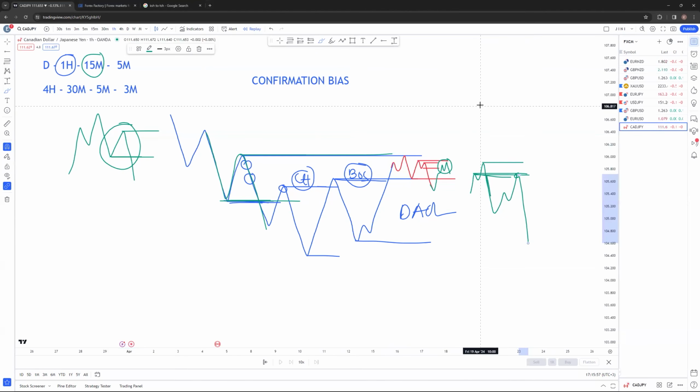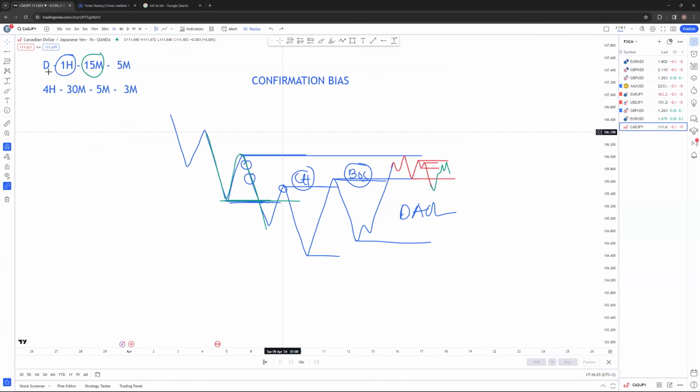But that was the first type of confirmation bias. Yeah, that was the first type of confirmation bias, but also we have two confirmation biases. The first one is this one, but the second one is that after reaching this point, if the price gives you this 1 hour break of market structure,